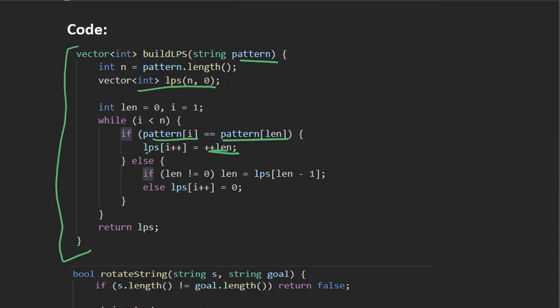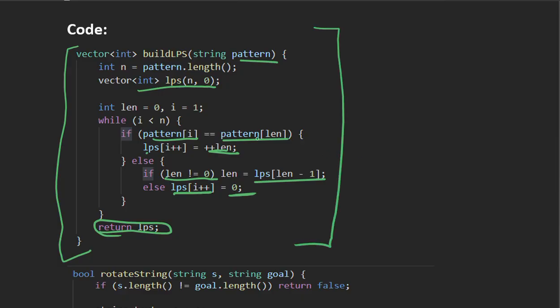Else, if length is not equal to 0, then length is equal to LPS of length minus 1, or else LPS of i is equal to 0 if length is equal to 0, and at the end we return the LPS array. To understand more about it, make sure to watch the video to get it in detail.